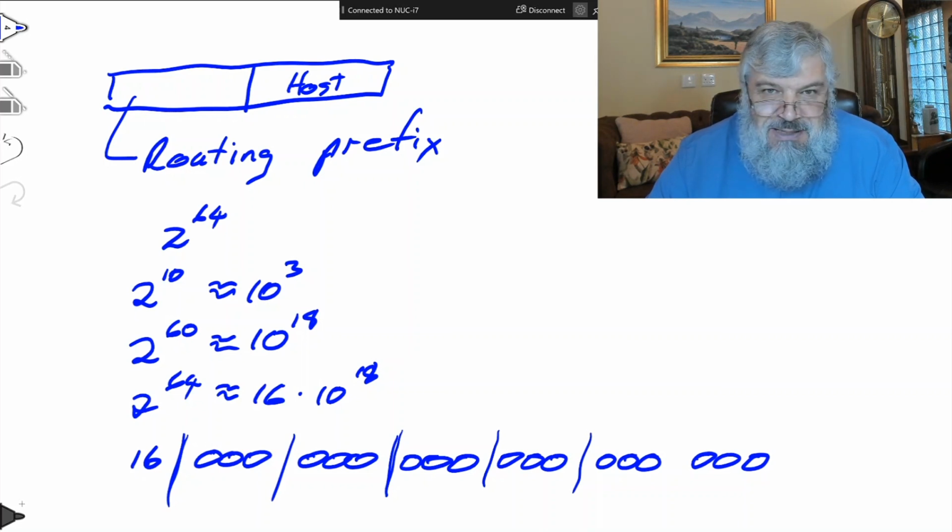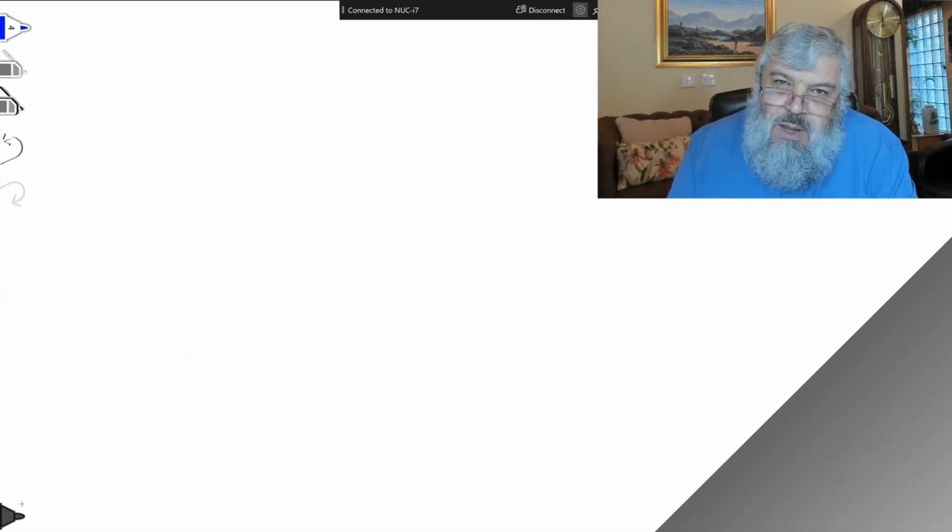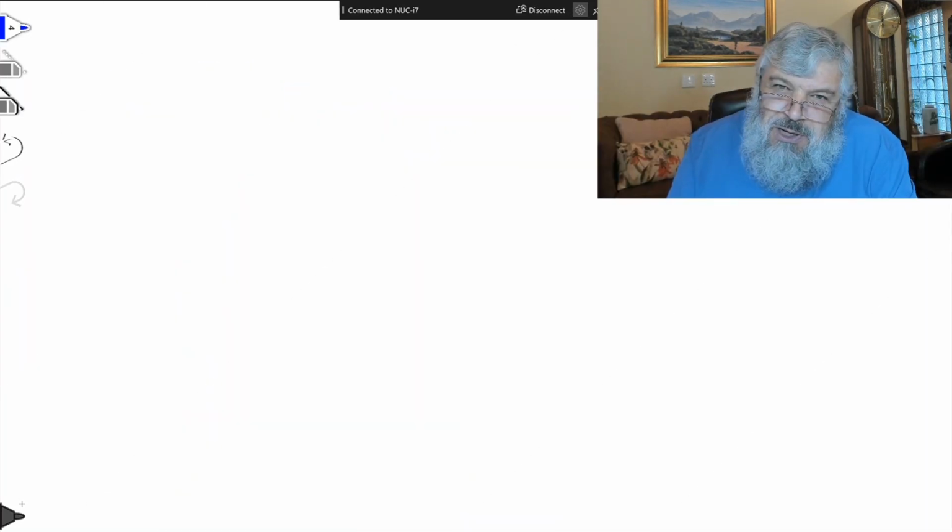This address space is huge. Where does one get a routing prefix? The answer is exactly the same as it was about IPv4. Where do you get a network address? You will ultimately get it from your regional internet registry, but they will probably have divided it already and handed it over to ISPs to hand over and so on.